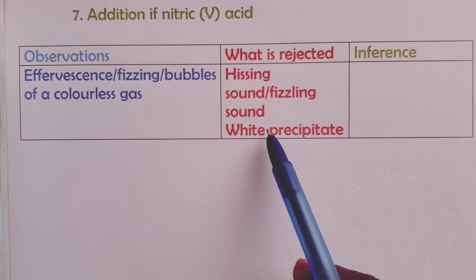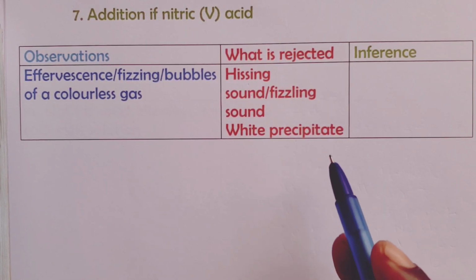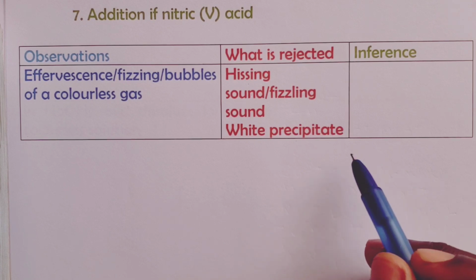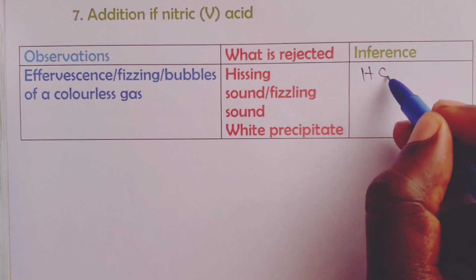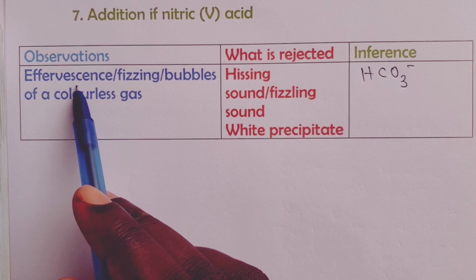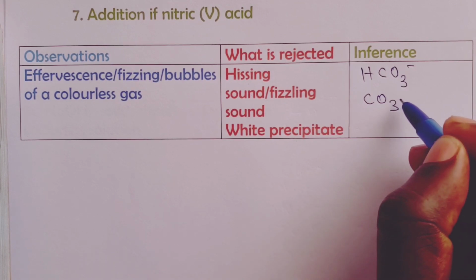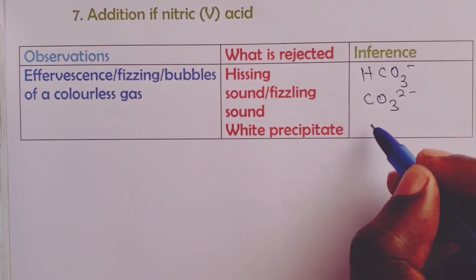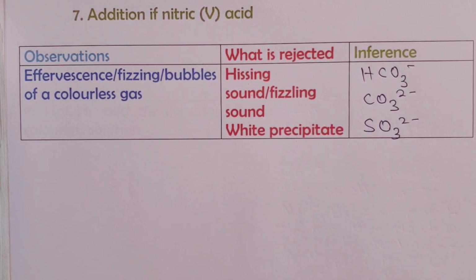Remember, all nitrates are soluble. So we cannot use nitric 5 acid and get a precipitate. That is chemically wrong. So in this case, our inference would be that your salt probably contains hydrogen carbonate ion, which would now give out a gas with the acid. Carbonates would also have effervescence with the acid and even sulfite. So those are the acceptable inferences that we can make. Let us continue